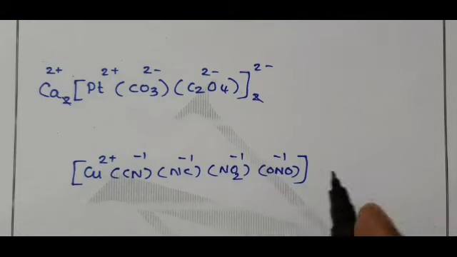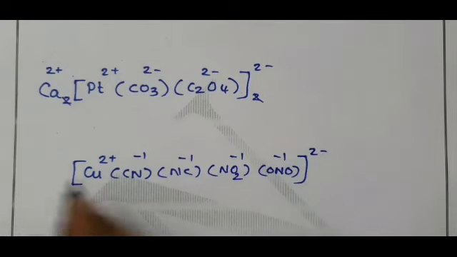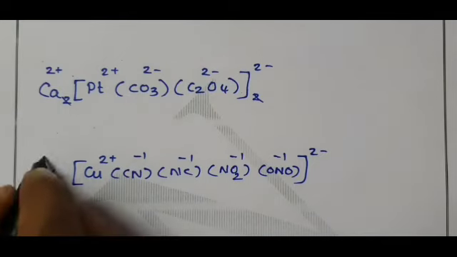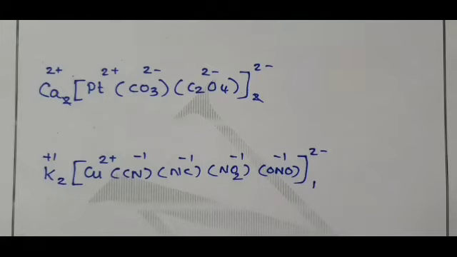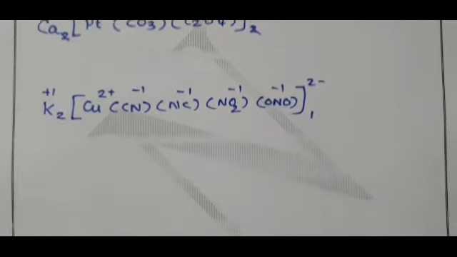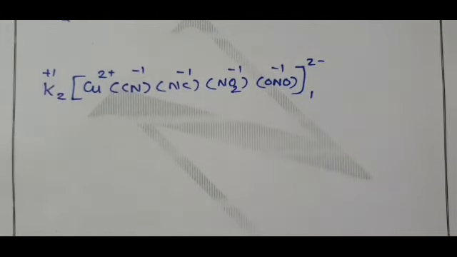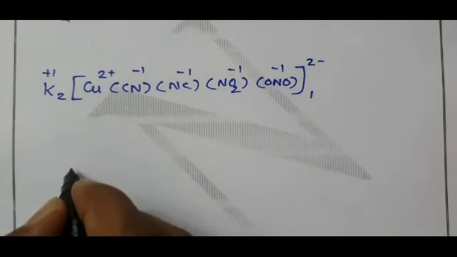When you add all these, you will get 2 minus on the complex, that is neutralized by adding 1 potassium plus. Potassium is plus 1, that 2 is here, this 1 is there. You will get an anionic complex. Then come to coordination number 6, cobalt